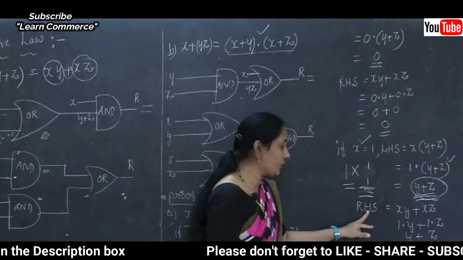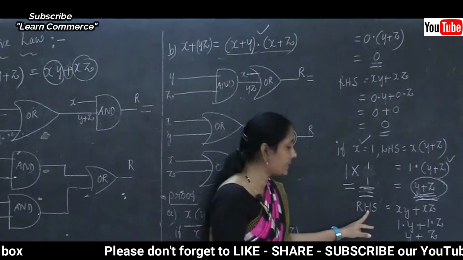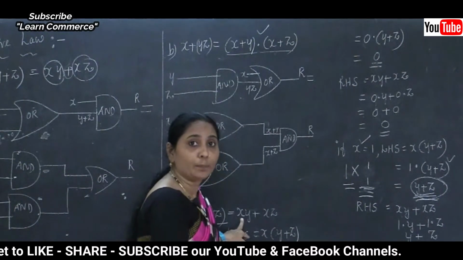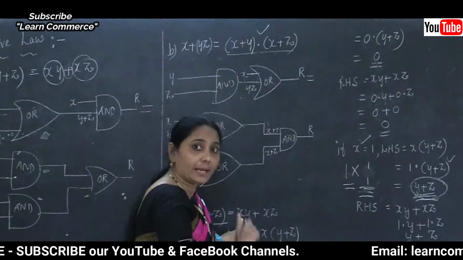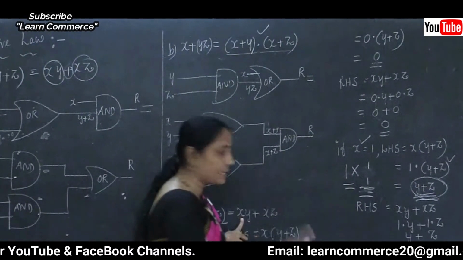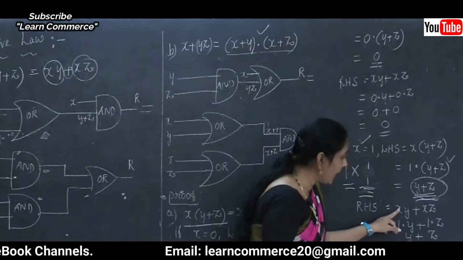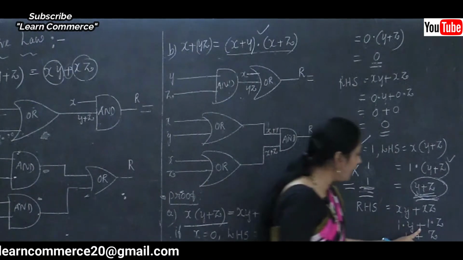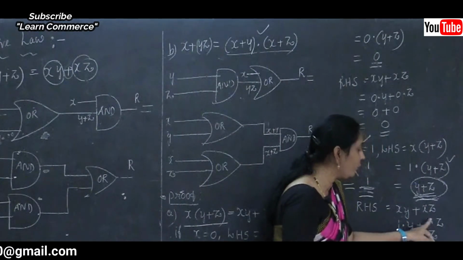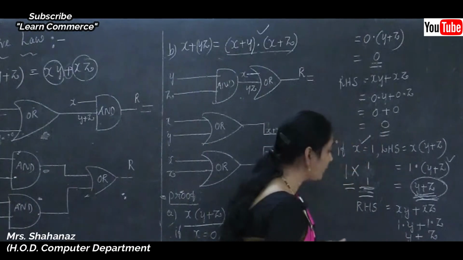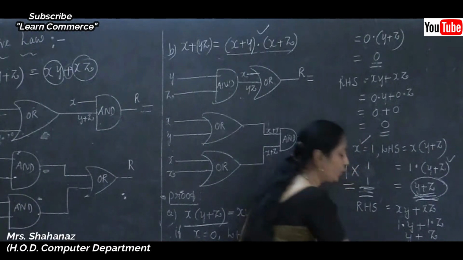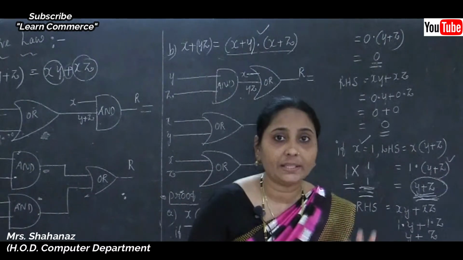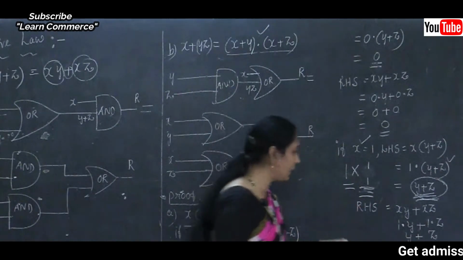Now I am going to take the value of the right hand side. In the right hand side, which expression is that? xy plus xz here, x and y plus x and z. So here we know that the x value is equal to 1, and y plus, next, x value is 1 and z here. When you multiply, we know that the dot symbol is equal to the AND operator, indicating logical multiplication.